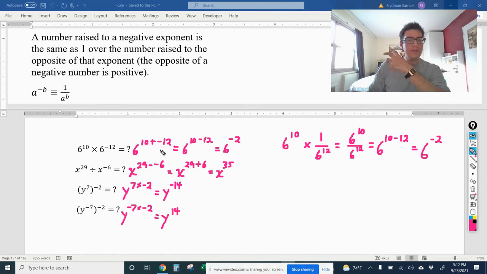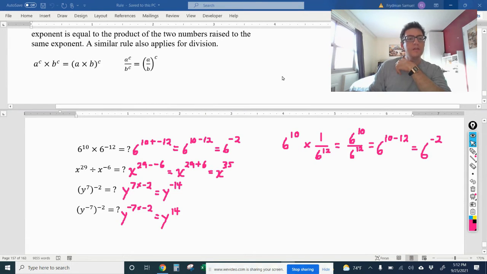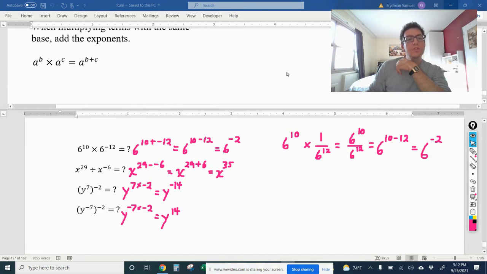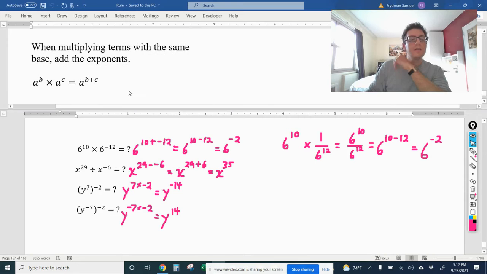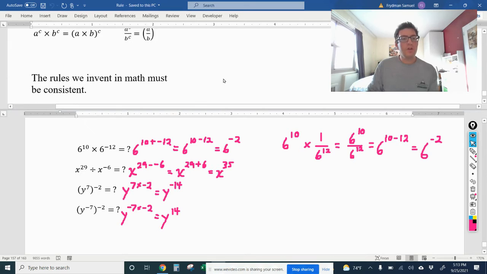So in the last video, when I told you that it was okay to use this rule, that if we were multiplying with the same base, then we would add the exponents. If you didn't believe that that was okay to do when we had a negative number, hopefully now you're convinced that it is okay, because we do get the same answer that we would get following our new rule,